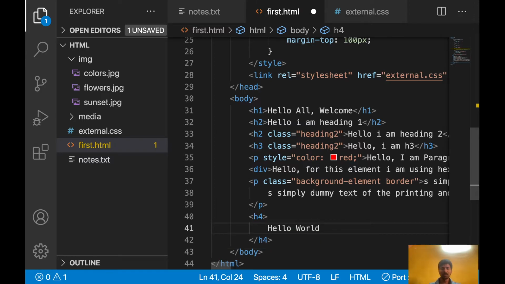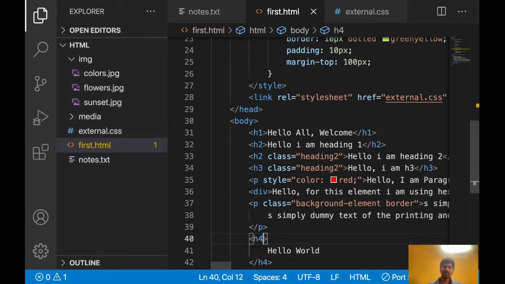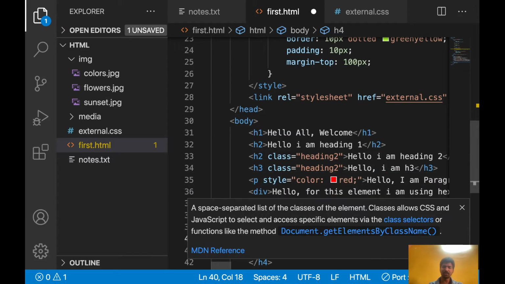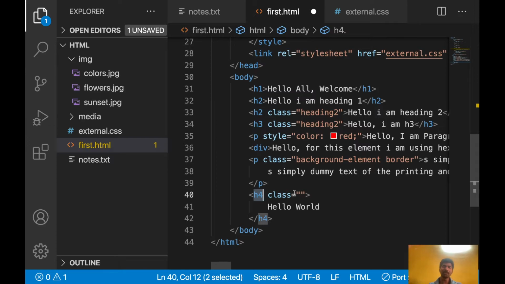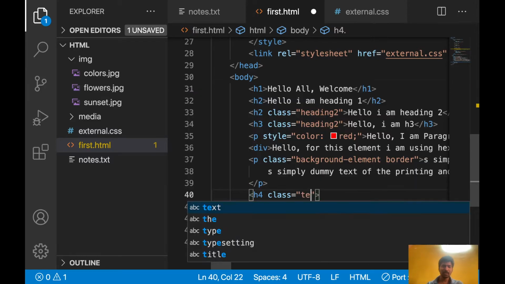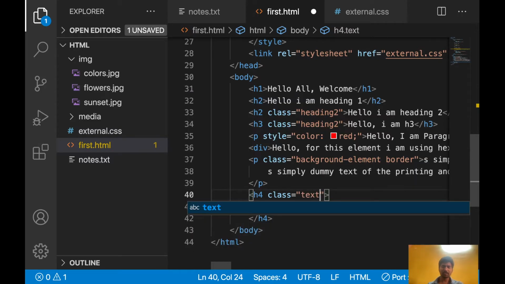Okay, now for h4 let's give one class. It is always better to use a class instead of the selector name, because if we use the selector name and apply some CSS, that will apply across all elements, across all h4s. Okay, let's write some CSS.